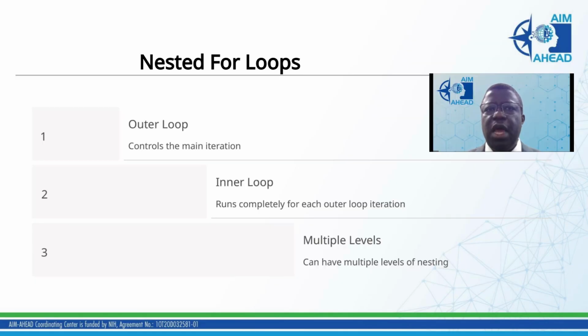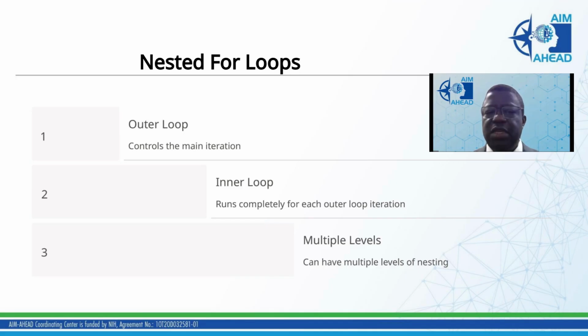Nested for loops in R. Introduction. This video delves into the intricacies of nested for loops in R, a powerful construct for performing complex iterations over datasets. The outer loop governs the primary iteration process, dictating how often the inner loop is executed. The inner loop runs entirely for each iteration of the outer loop, allowing for repeated operations across each value managed by the outer loop. It is possible to implement more than 2 levels of loops, which is particularly beneficial for